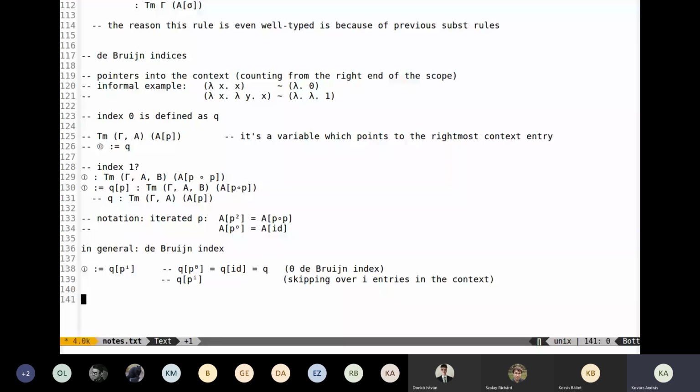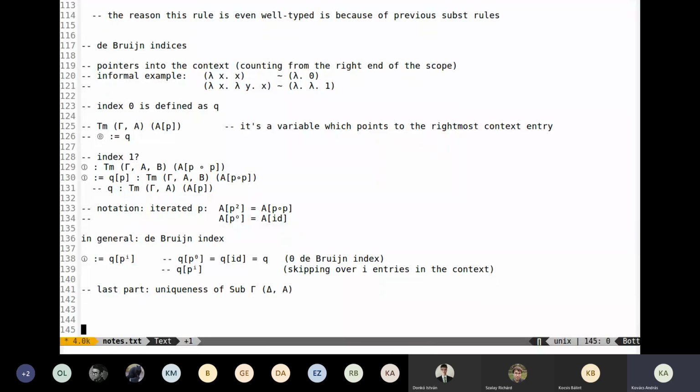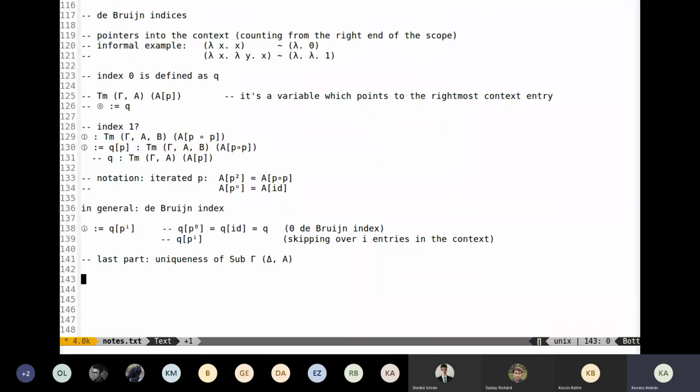So we have De Bruijn indices, and now this is the last part of the CWF. So we are almost finished with CWF. We only have to talk about the uniqueness of non-empty substitutions. So uniqueness of sub gamma delta A. And how can we talk about this? So maybe let's call it